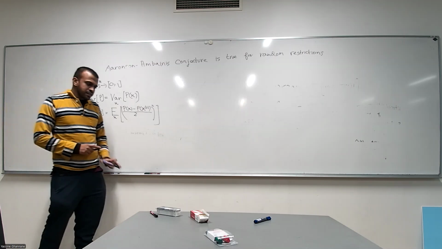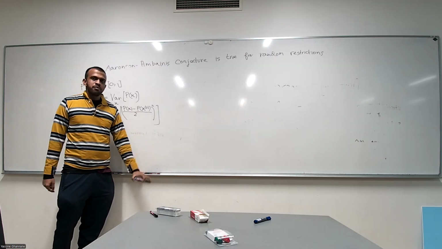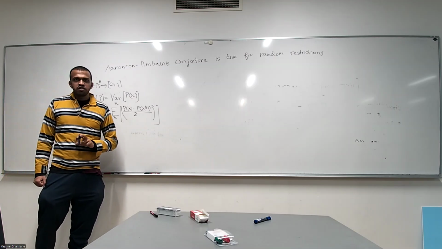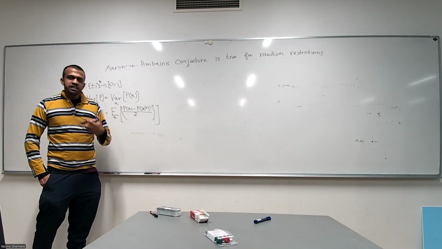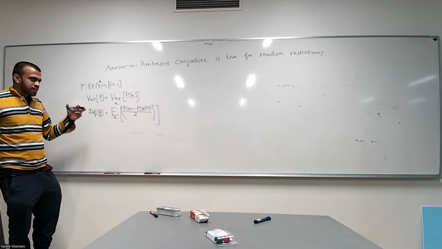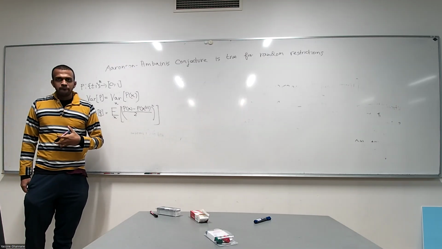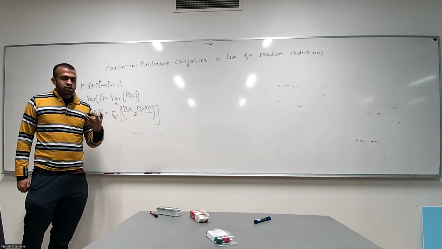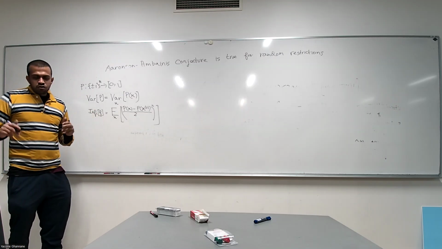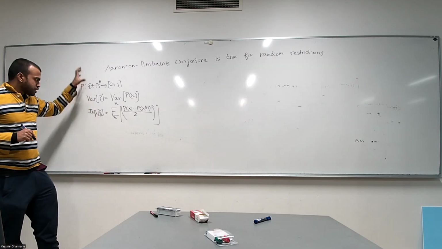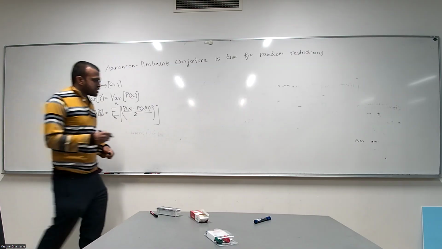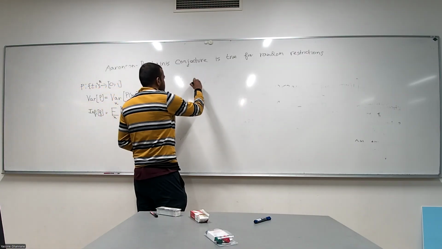One thing that's clear is that when this algorithm terminates, the variance has dropped down, so this is an accurate approximation of P. The thing that is not clear is why this algorithm terminates in a small number of steps. And so Aaronson and Ambainis came up with this conjecture. If this conjecture is true, then we can show that this query algorithm will terminate in a small number of steps. And this is the Aaronson-Ambainis conjecture.